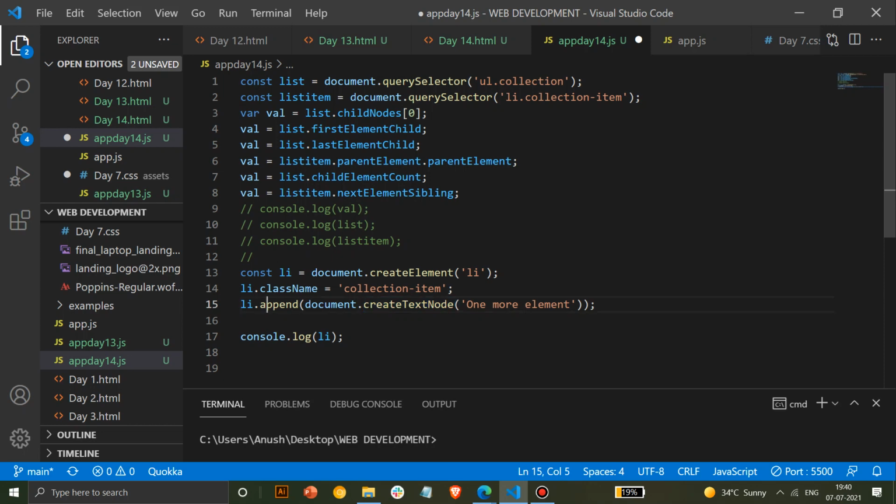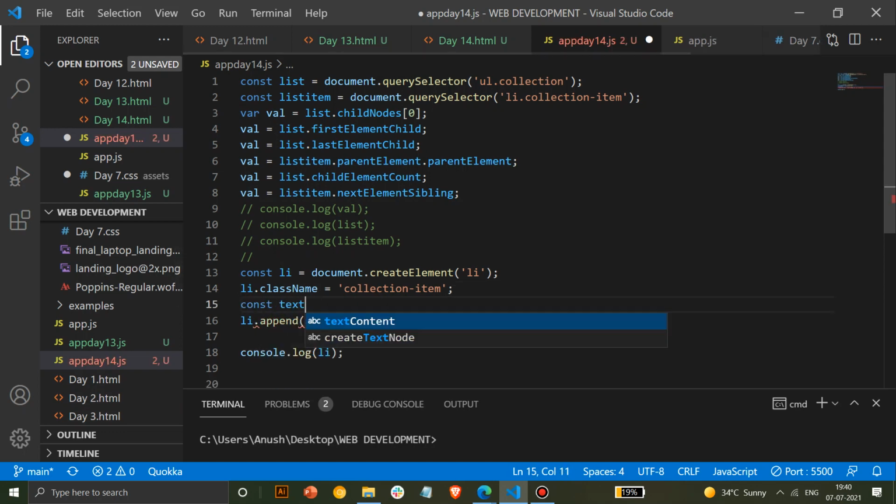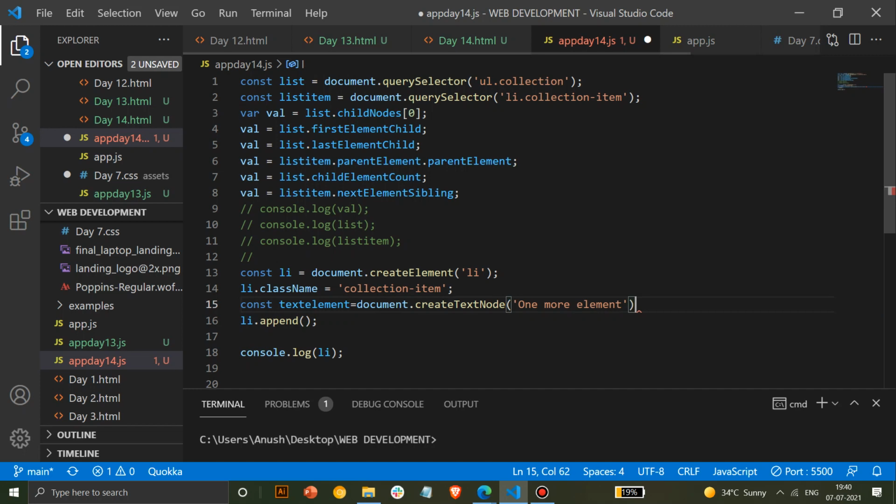To add it, you have to use an append function, because you can't create an external element like this and just do it. You can also do const text element, put everything inside another variable, and just call the variable there.